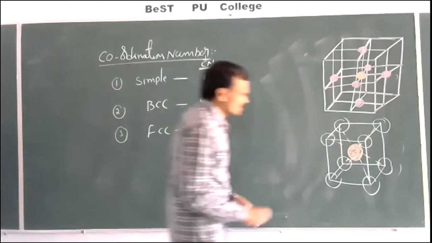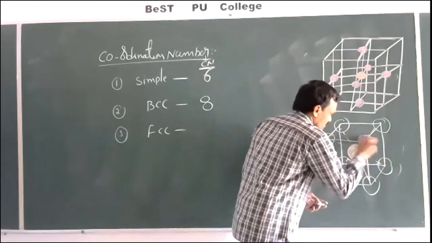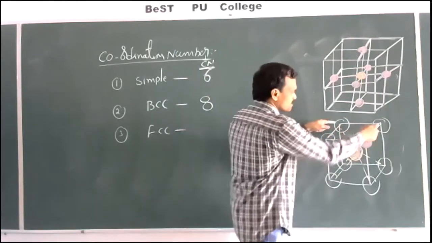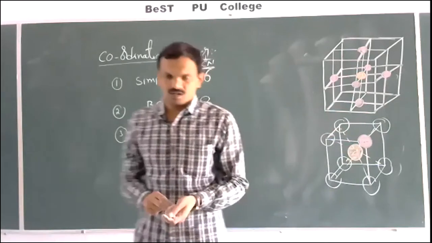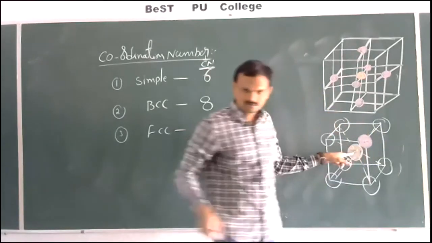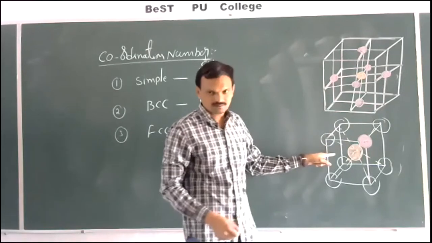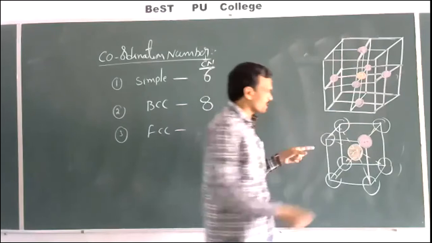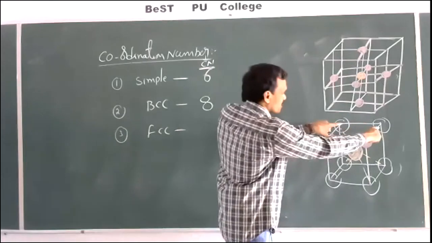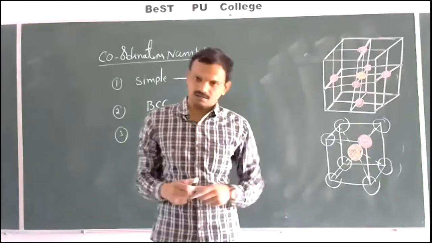So you may get one doubt here. Suppose if you select this particle, let us see now. If you select this particle, for example, this particle and one more here, these 4 particles may or may not be in contact, that is secondary, not compulsory. These 4 particles should be in contact with the central particle, that's all. These 4 spheres may or may not be in contact in case of BCC lattice. But in case of simple cubic lattice, the 2 particles we have taken here along the edge must be in contact. These 4 spheres should be in contact with the center. These 4 may or may not be in contact with each other, that is secondary.